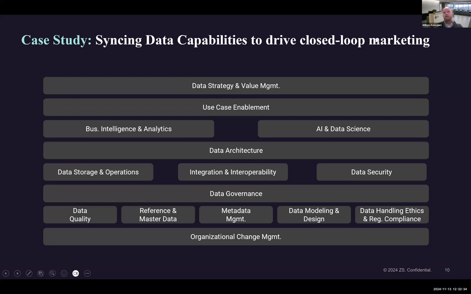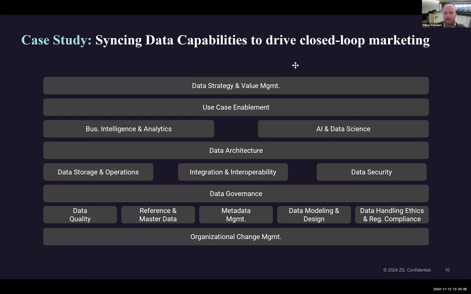Closed loop marketing is all about wanting to have the capability to see, as you make investments in certain marketing campaigns, how the investment in those campaigns is translating into opportunities and then sales. So you go from marketing to opportunities to sales, and then you need to close the loop back to your initial marketing campaign so you can realign or change them so that you have a maximum impact.